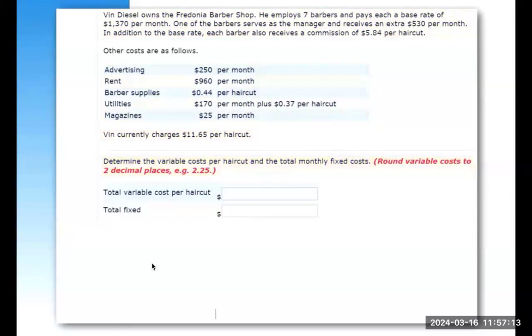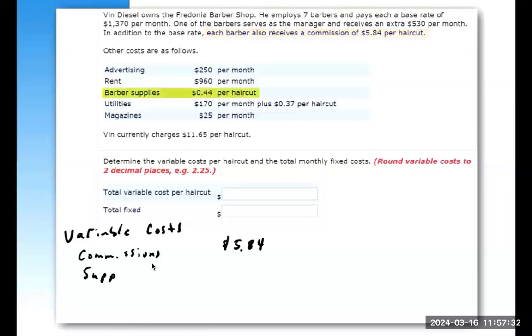costs. To determine the variable costs, we need to identify those costs that change on a per unit basis. And so we know that this would include the commissions, which we're told are $5.84, the supplies, which increase by 44 cents per haircut, and the utilities, which increase in total by 37 cents per haircut. And so the total variable costs are